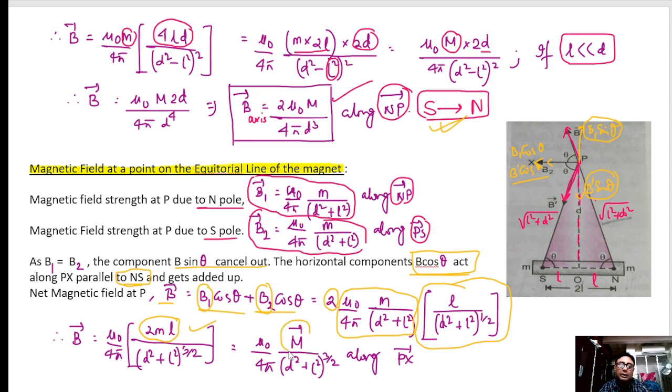Magnetic moment. M into 2l is the magnetic moment. So this is the formula for the magnetic field along the equatorial axis, acting along px. That means north to south. Now the question is here